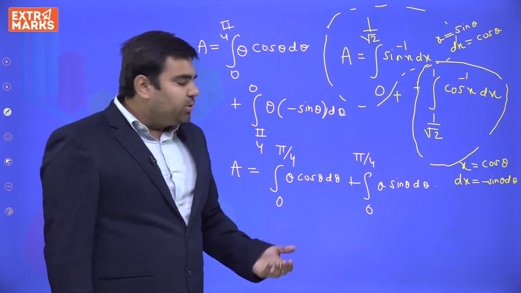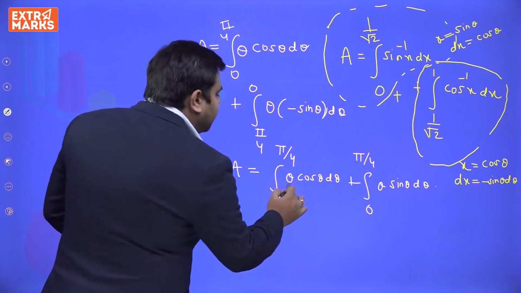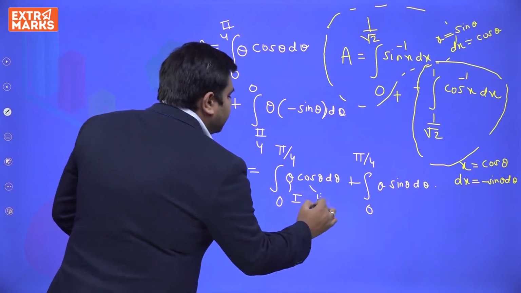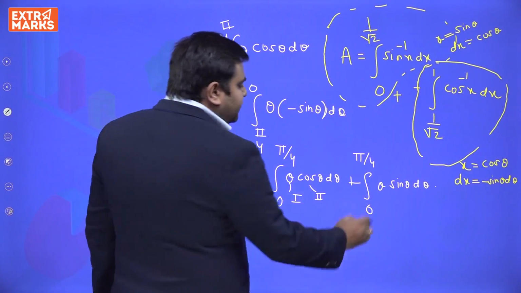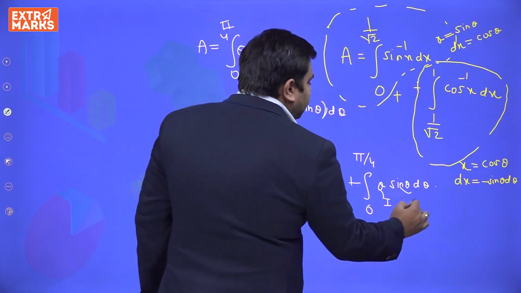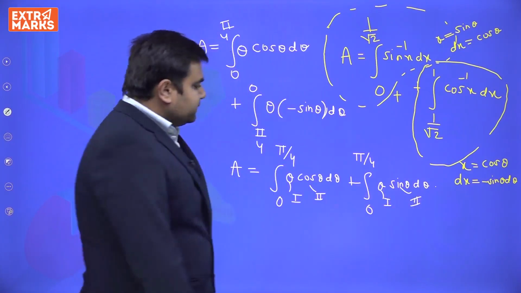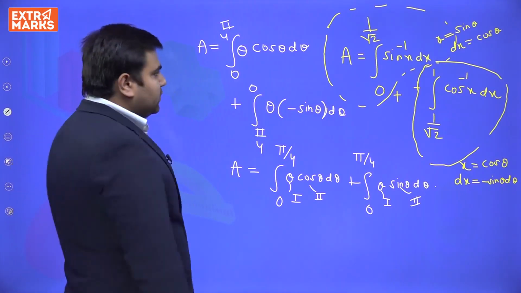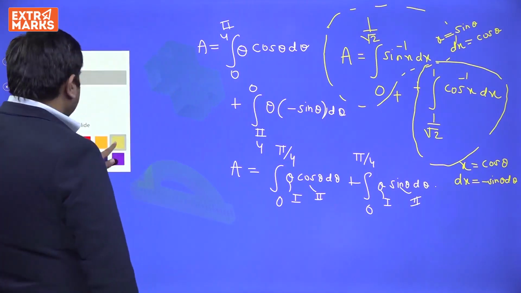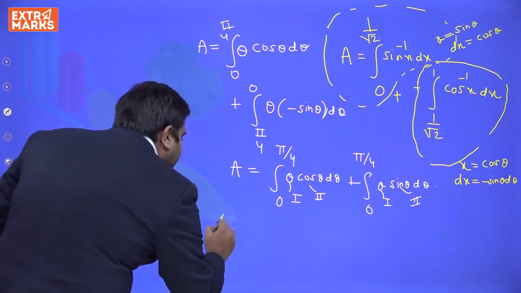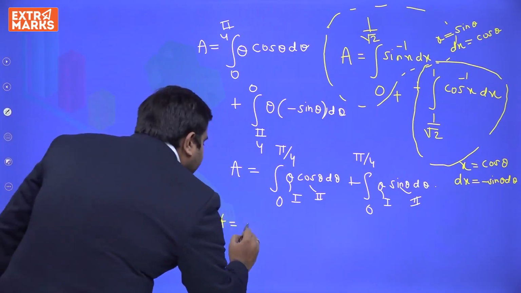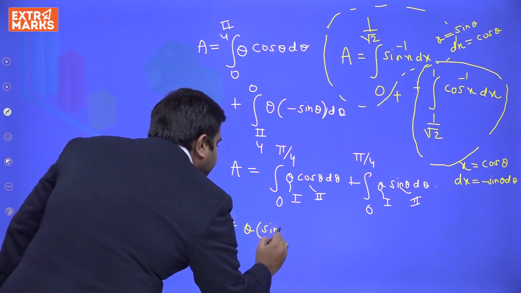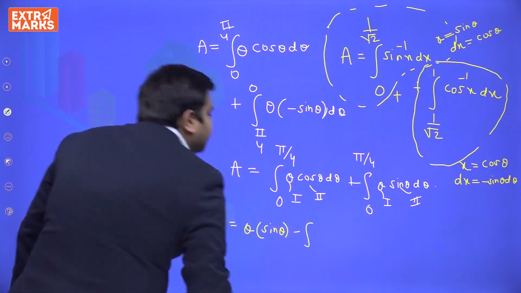How to apply integration by parts, students? If I consider theta as the first function and sin theta as the second function, what would it come out to be? The area is first function into integration of second function, minus integration of